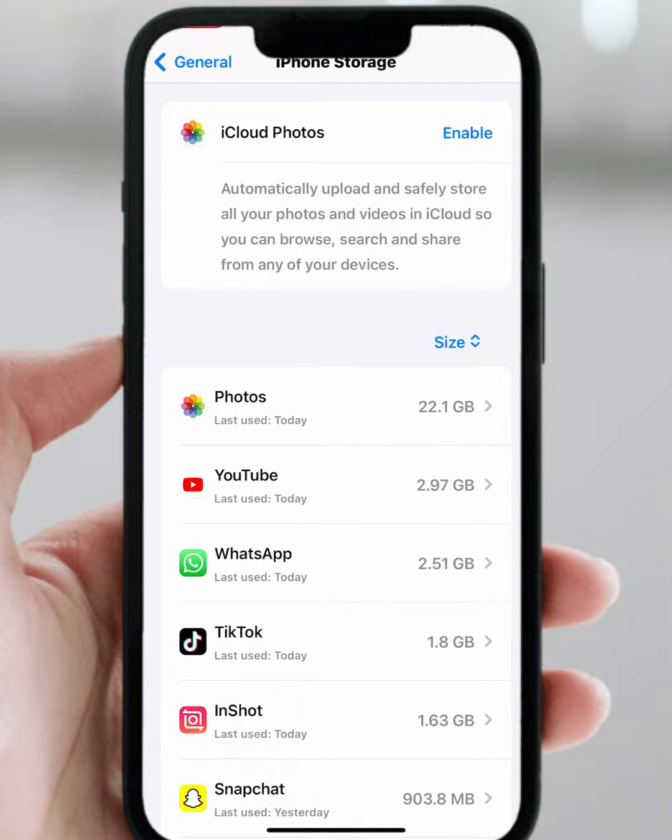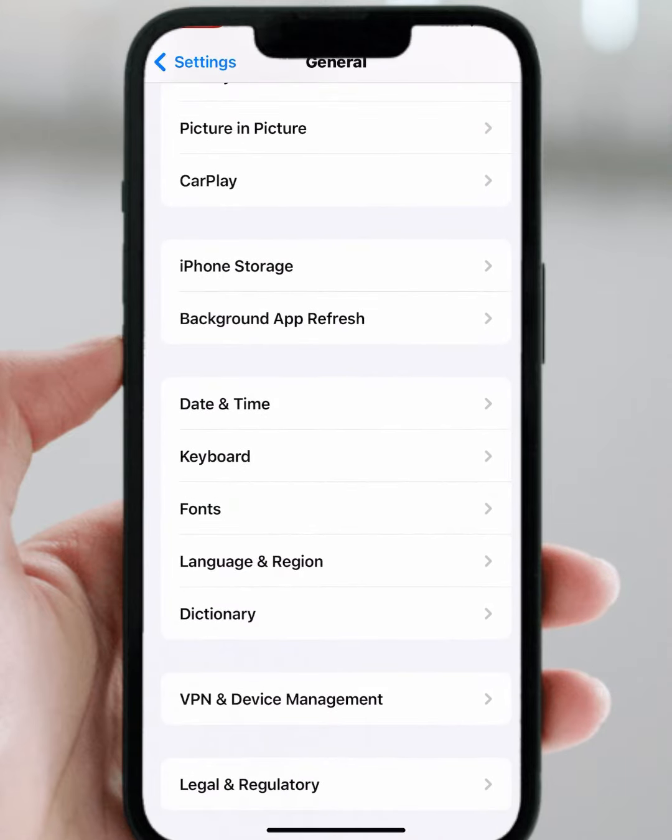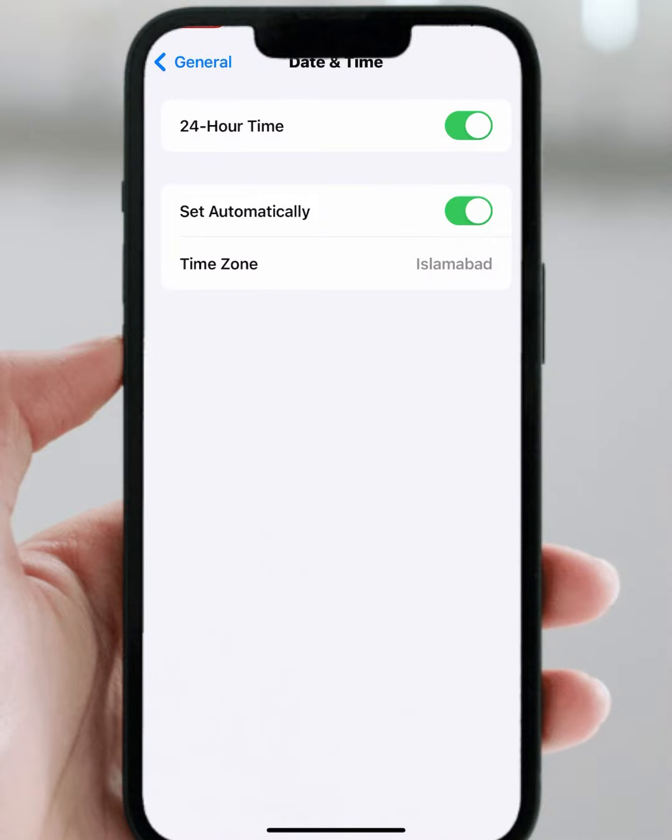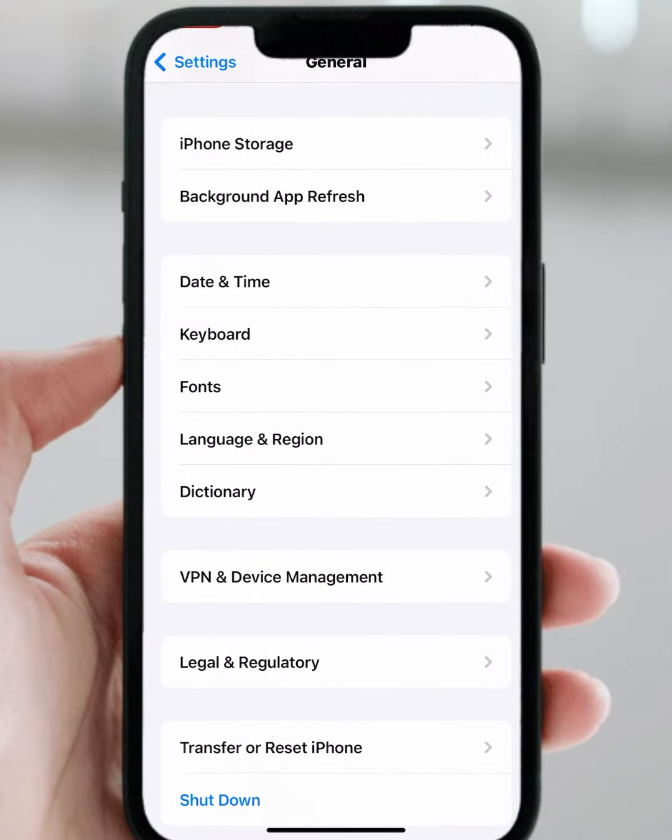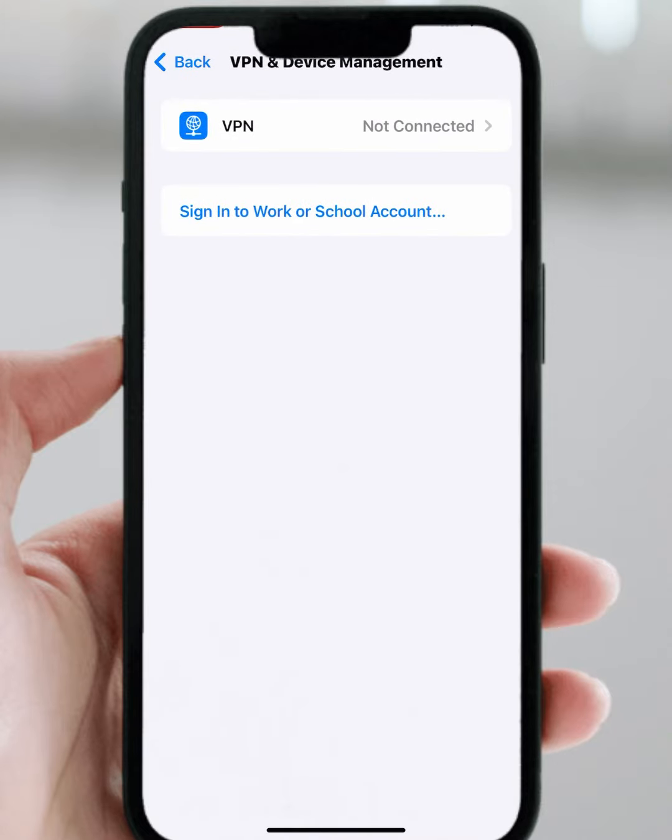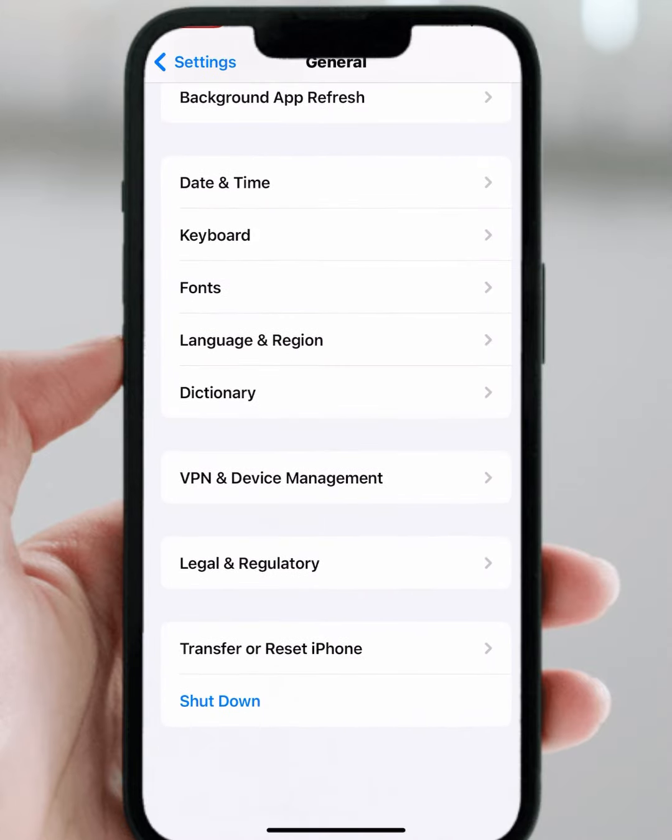If the problem is not fixed then go back, scroll down, then tap on Date and Time, and from here make sure that you turn on the toggle. If the toggle is turned off, what you need to do is turn it on and make sure that you select the correct date and time, and after that go back, then tap on VPN and Device Management, and from here if you are connected to any VPN make sure that you disconnect, and after that go back and scroll down, then tap on Transfer